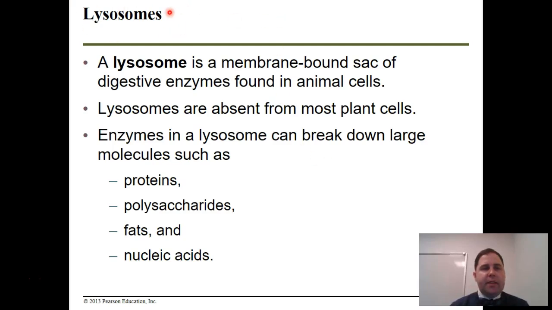One of the other places it could go, if a vesicle does not go to the membrane, it could go to a lysosome, which is another membrane-bound sac that is actually full of digestive enzymes. So sometimes the cell makes things that it doesn't want anymore or wants to destroy. If this lysosome fuses with a vesicle full of protein, it can hydrolyze or break down proteins, polysaccharides, fats, and nucleic acids. So think of this as like a stomach. It's full of digestive enzymes, and when it interacts with a vesicle full of stuff, it's going to break everything down that's inside of it.